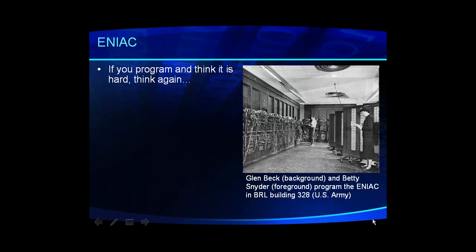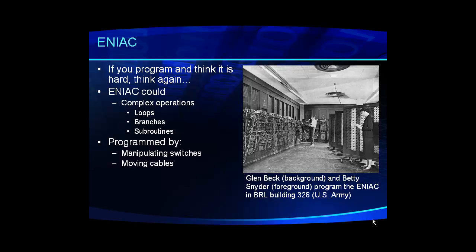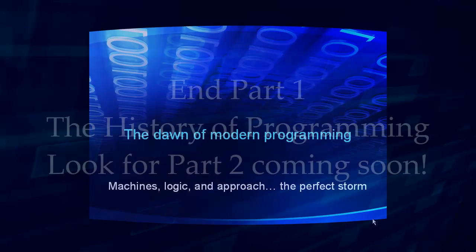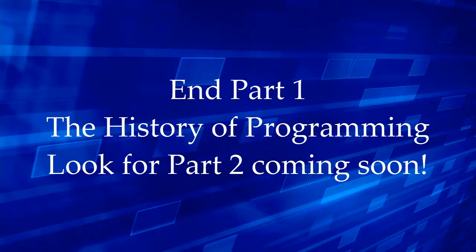So if we look at the ENIAC, and if you're a programmer today and you think you have it hard, think again. The ENIAC could do complex operations. It could do loops, it could do branches, it could do subroutines. But it was programmed by manipulating a bunch of switches and moving cables around. 6 women actually did the programming, and there was a concept of debugging or validating using a single step of the machine. And here's a picture from the U.S. Army of actually Betty Snyder doing the programming on the actual box. So there was a little bit of excitement in that process